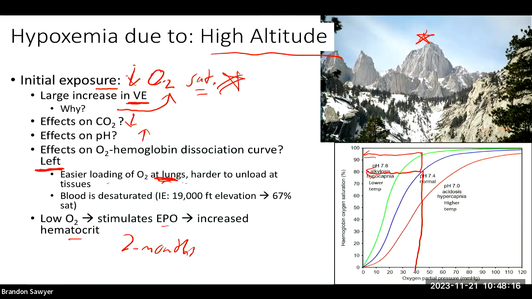Okay. So when it seems like it's harder to unload at the tissues, would you then cramp more or have issues with ischemia? It's probably not as big of an issue because